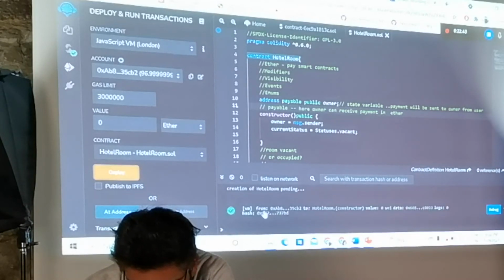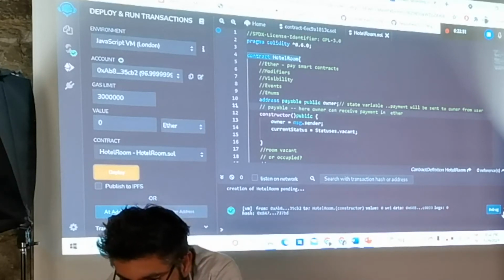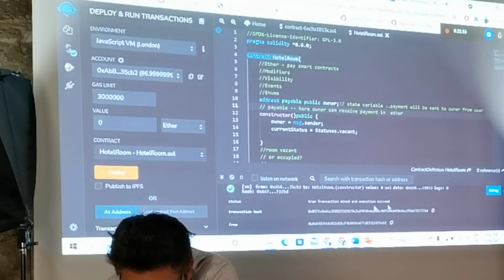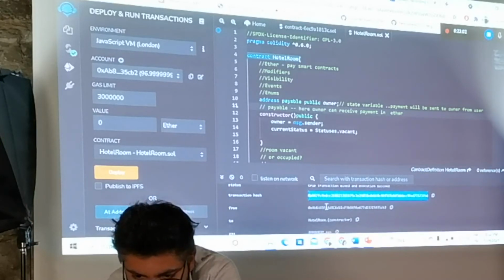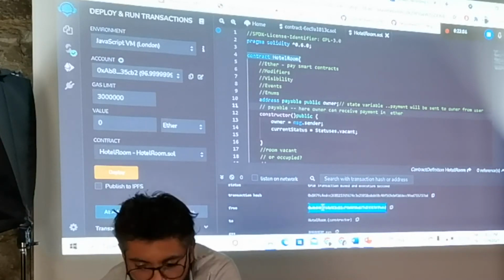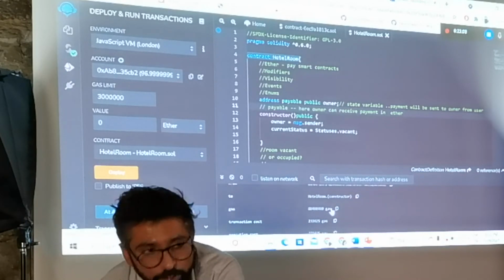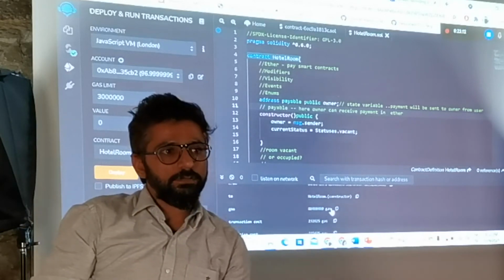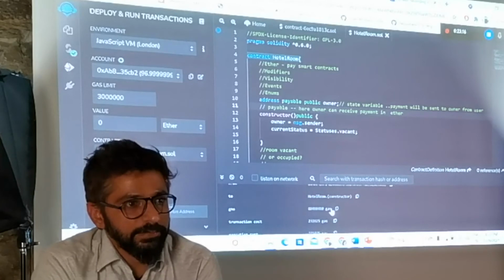You see the symbol here. It is deployed on the network, and you can also see the transaction: the status, mined, and the transaction hash. As I told you, each transaction has a hash value, and from this address this particular event has occurred. What is the gas value? As I told you, when a transaction happens, a node does the mining process, the validation of the transaction.